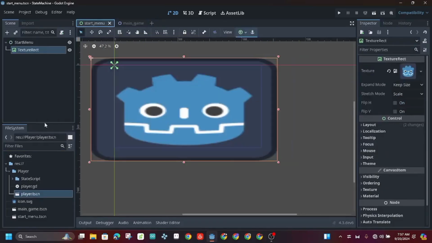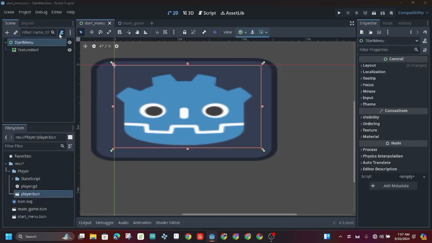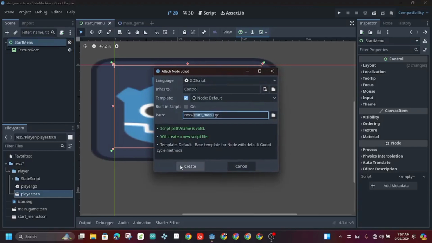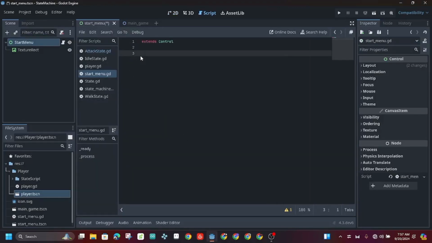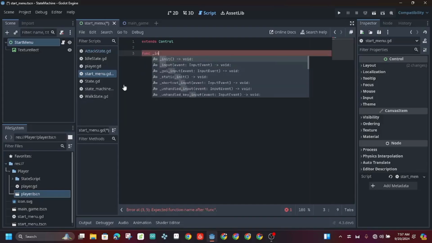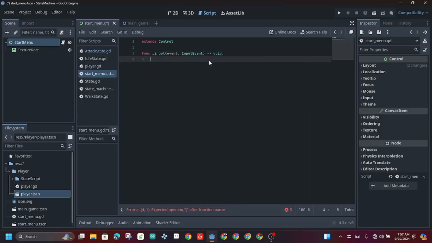Then save it. So now let's attach this script to the control node and override the input events function to detect touch events or mouse clicks. So okay, let's create. Then let's remove this. So now let's give it a function, func _input. As you can see, there's an event, input event here. Press enter. Then let's start: if event